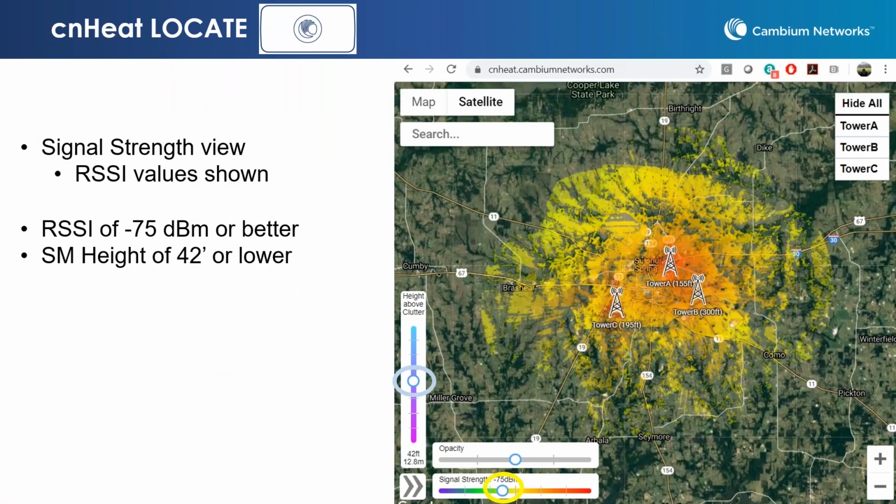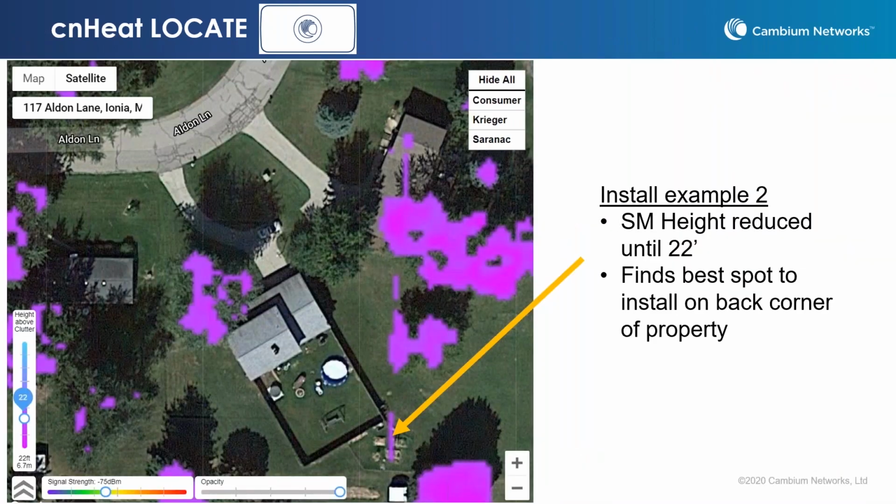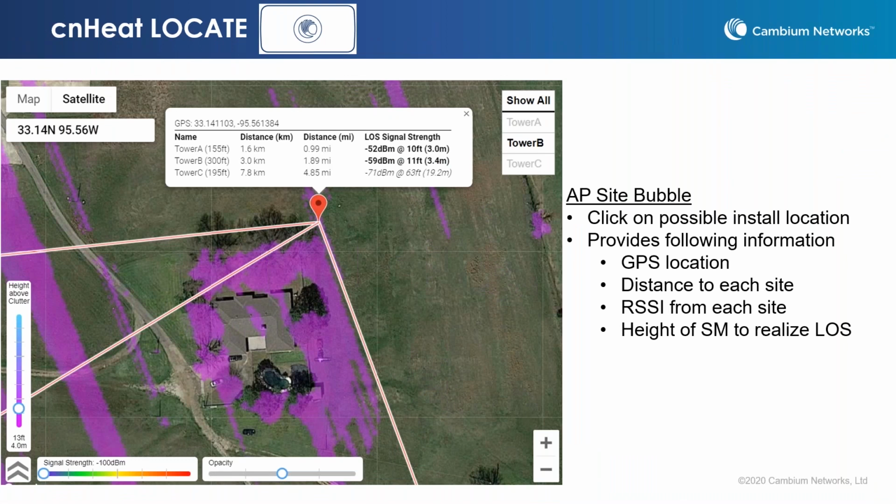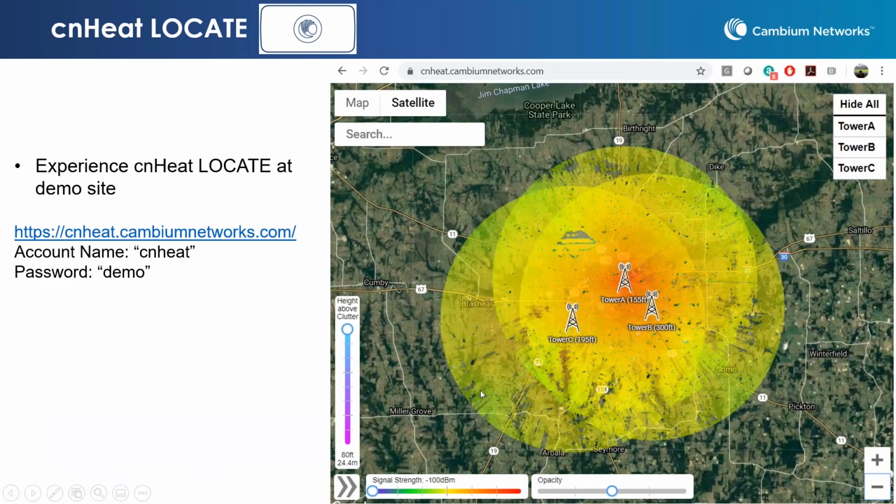So now what I want to do is go back to the slides, and I'll display this. And we'll go through the same slides that I had, but I did a demo with. And if you want to just look at the same place for demonstration, try it out yourself, you can simply go to cnHeat.CambiumNetworks.com, cnHeat, and demo is the account name and password, and you can see how this